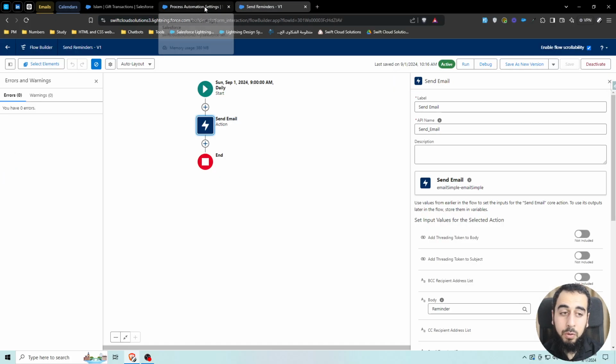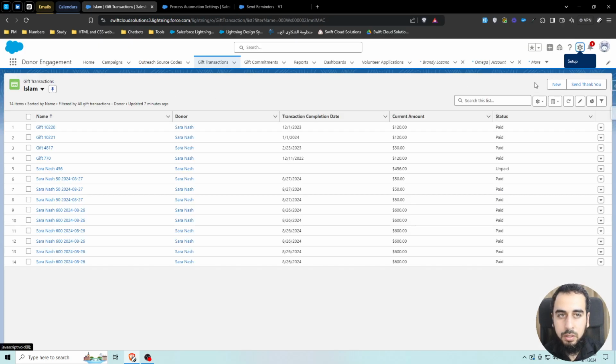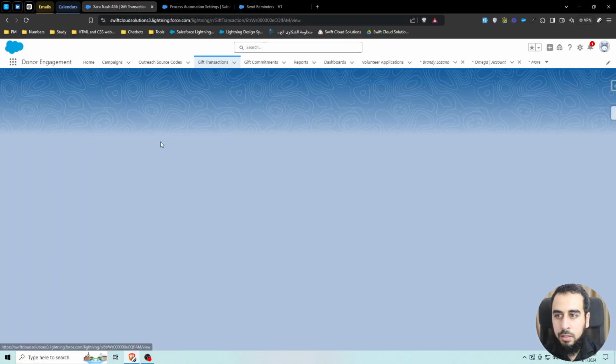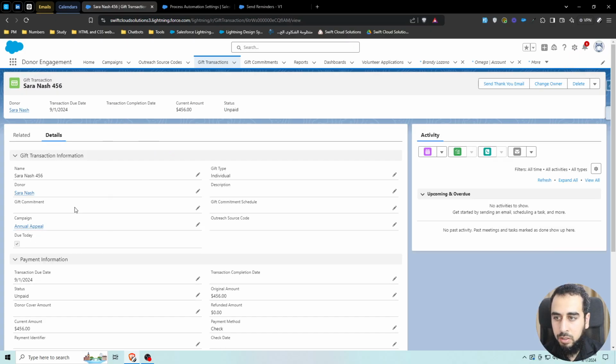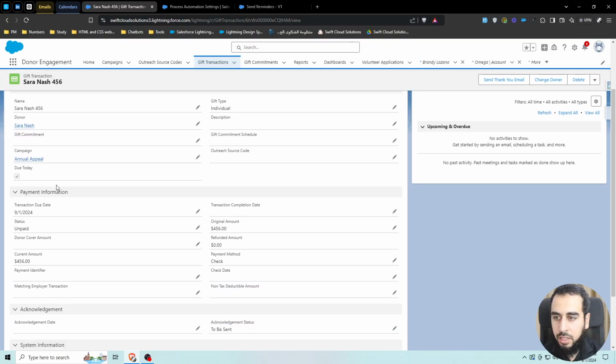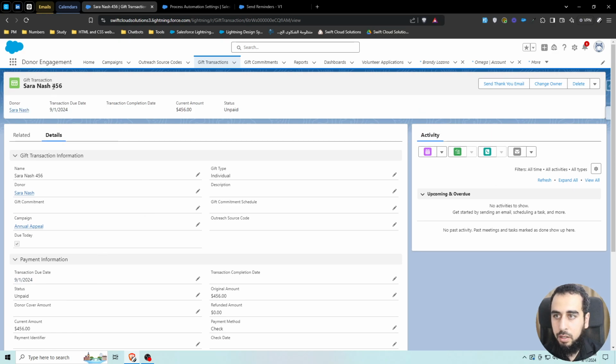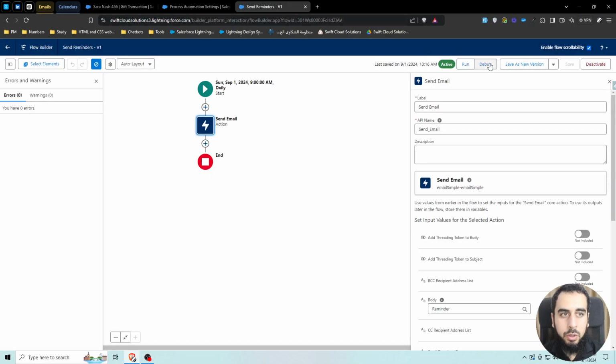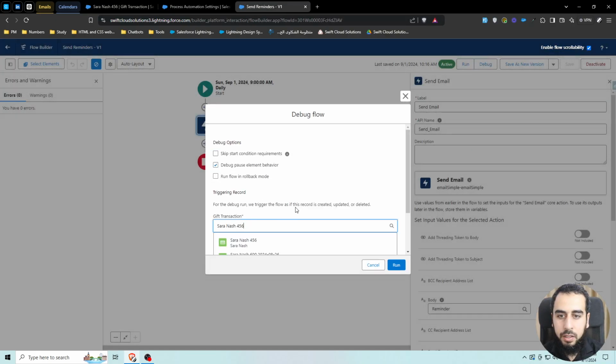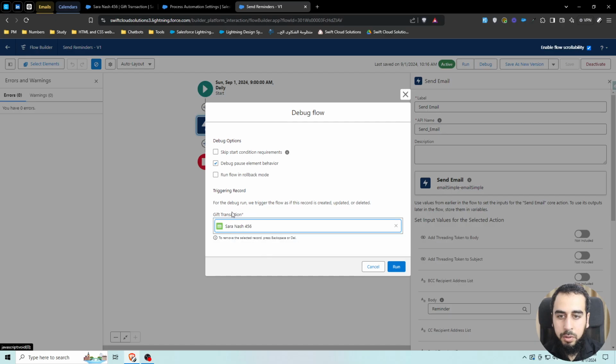What we should expect to happen is that when we run this, let's first have a test record that we can apply this to. I had this here. I created this test record. You can create a gift transaction where the due date is today and the status is unpaid, so that we can test this on. So if I were to debug and select this particular gift,